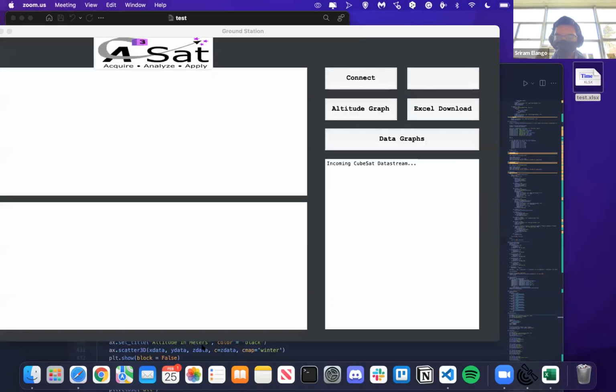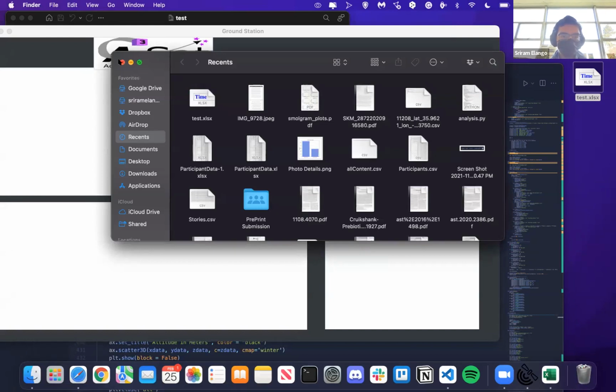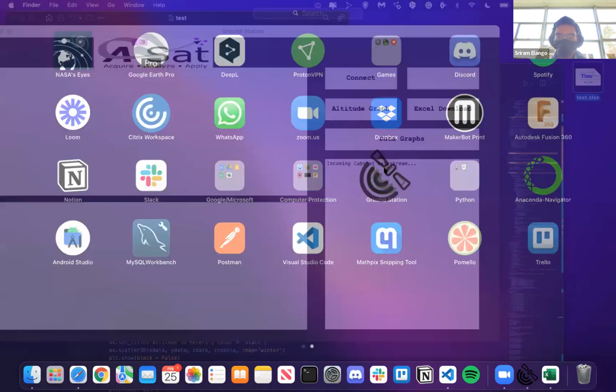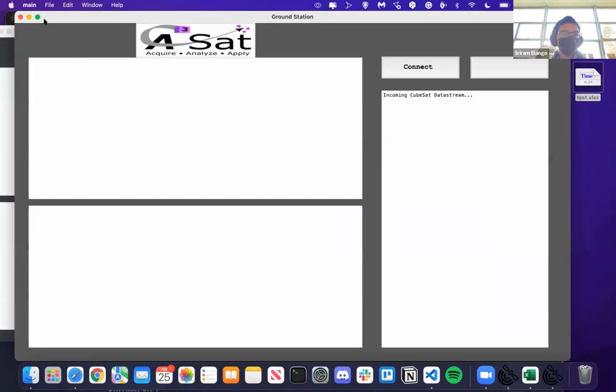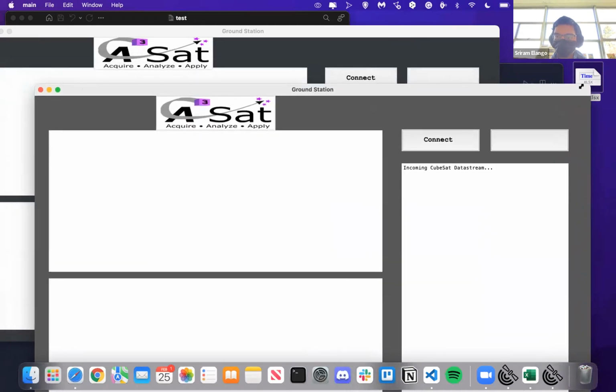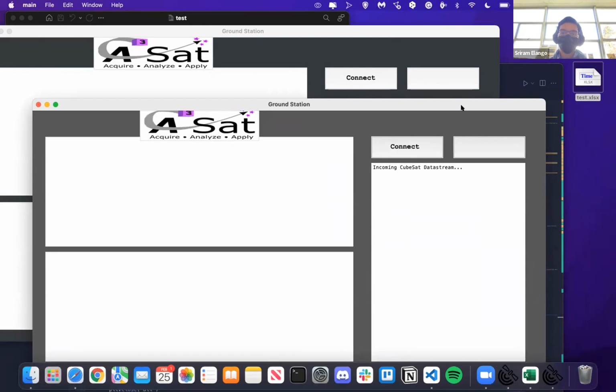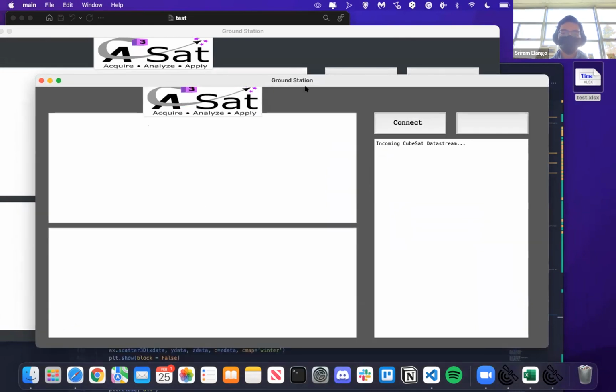And we also have our current version 1 that everyone has. Let me see if I can present my screen again. Here you go. So you can see the ground station compiled app here as well. This is our original first version. We did update it quite a bit since then, but it comes as an .exe, so it's an app on Windows or an app on Mac OS, not Chrome OS yet, but Mac OS and Windows. And we can just connect live.